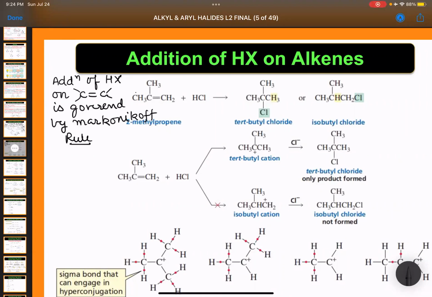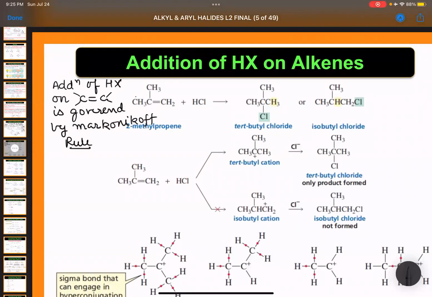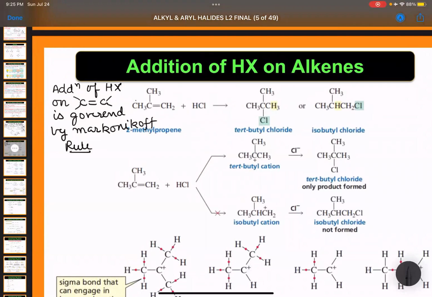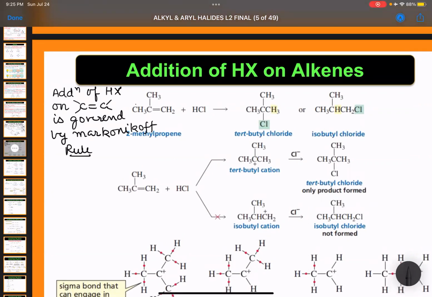When an unsymmetrical reagent is added to an unsymmetrical alkene, the negative part gets attached to the carbon containing less number of hydrogen. Yeah, exactly. So addition of HCl on alkene leads to the formation of alkyl halide, governed by Markovnikov rule, which says in short,